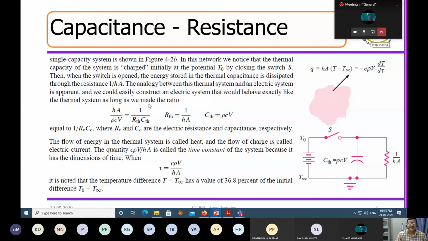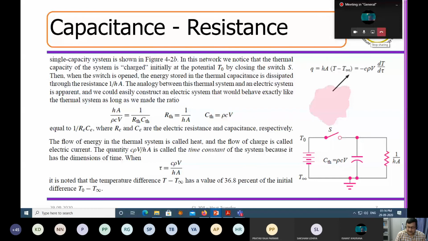It is nothing but 1 by the resistance plus the capacitance. Rho CV is the measure of the capacity to hold. So the moment you put a ball into a liquid, it is going to make the heat flow from the solid to the liquid. The amount of heat that can be retained in the fluid or in the solid, that is the capacity, whereas the amount of fluid that can be convected out,